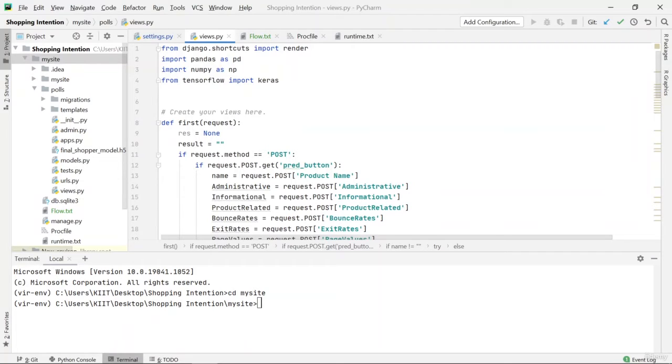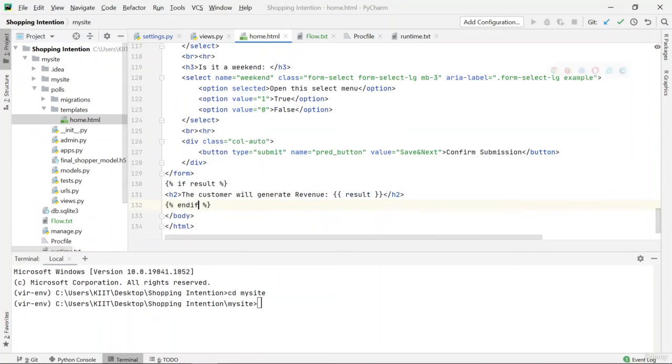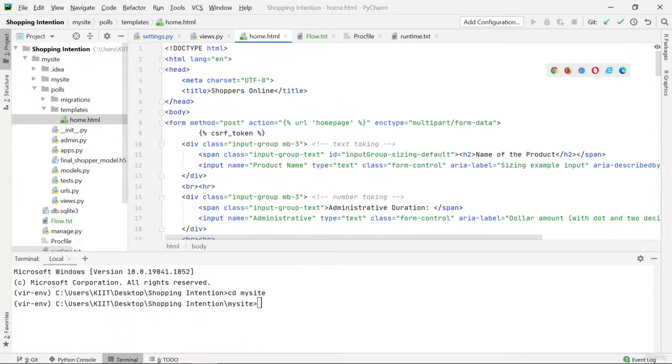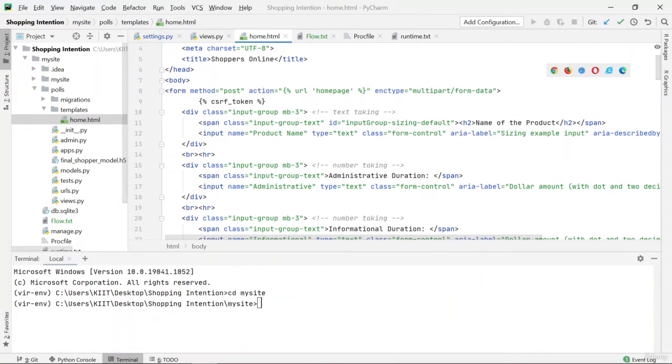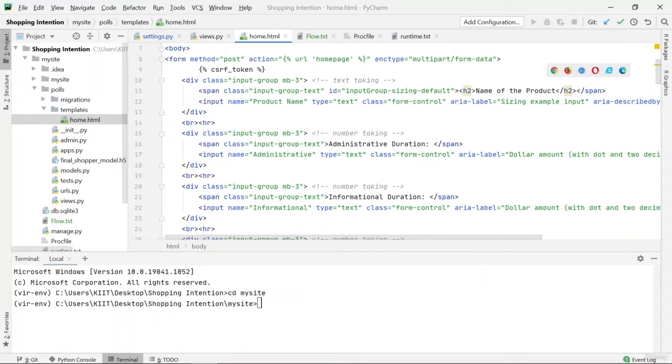The most important part of the Django web application is what we are doing in views. Let me just open the HTML page also so it makes it a little clearer. You can see there's an HTML page. Now it has a form in it.